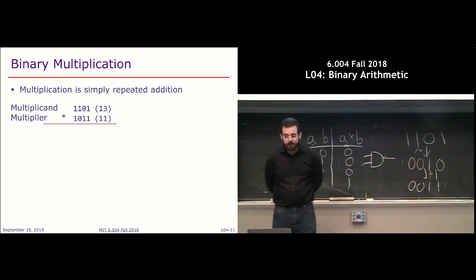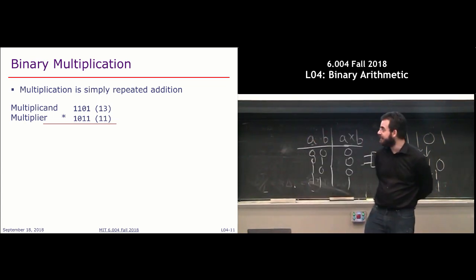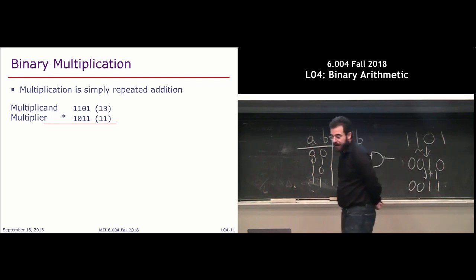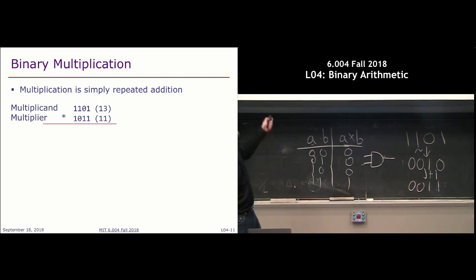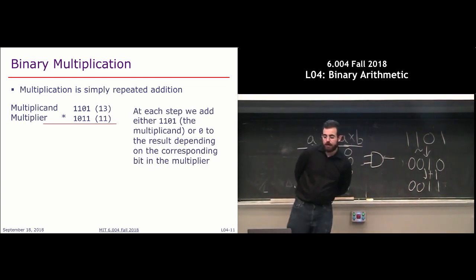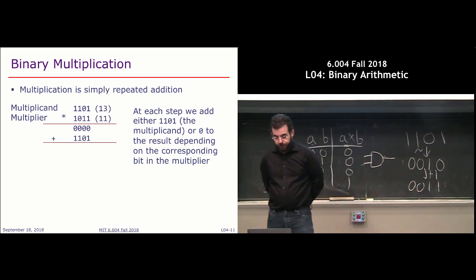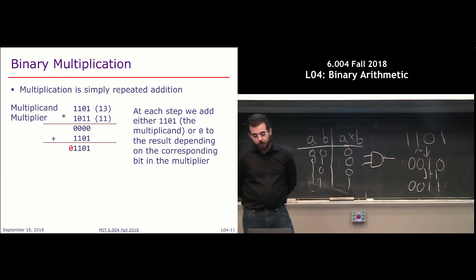And so the only thing that we need to do is go position by position, just like you did with long multiplication in grade school. But then you either, if the digit is 1, essentially add this number, or if the digit of the multiplier is 0, you add 0, or you do nothing. So at each step, you're either going to add 1101 or 0. So you start with 0000, plus 1101, and then we add an extra